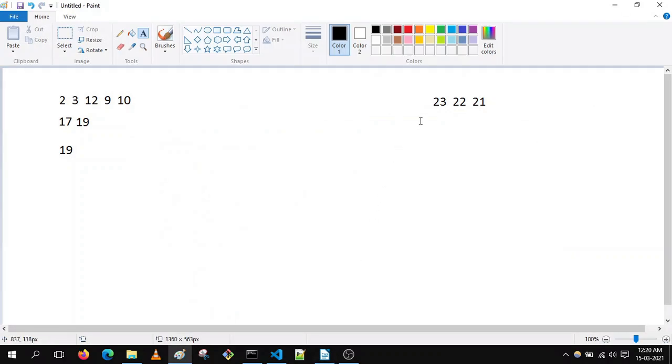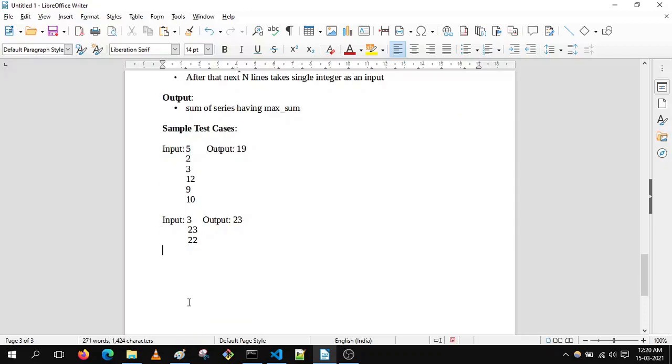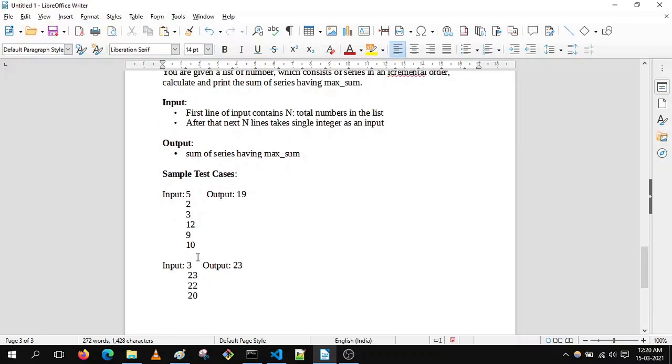Now in the second sample test case they have given 3 as n. I forgot to give 3 as an input here. So the elements are 23, 22 and 20. Here 3 is given for n, so the total number of elements in the series will be 3.